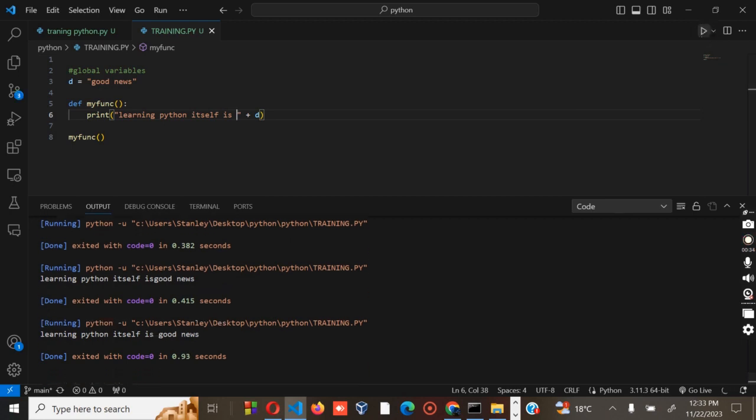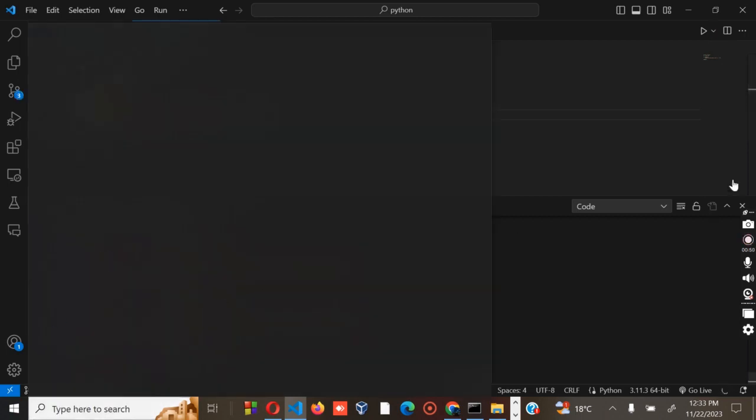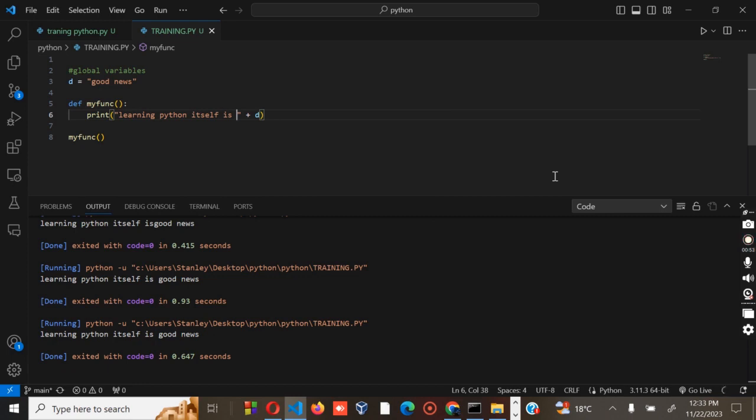So remember that when we have closing marks at that point, there will not be any space. But if you create a space, it will definitely create a space in the results. So what we have covered: the variables, how to add comments, and also the importance of indentation in Python.